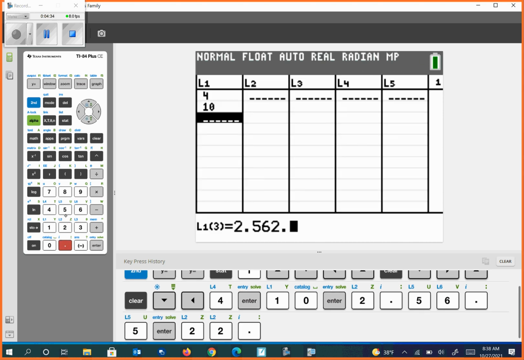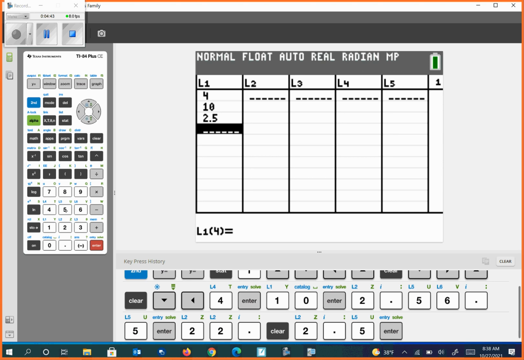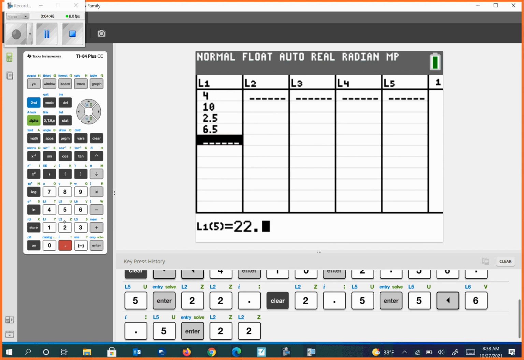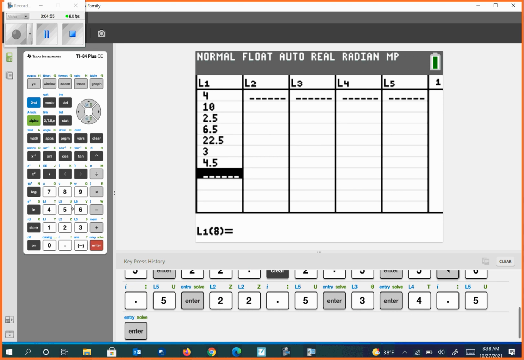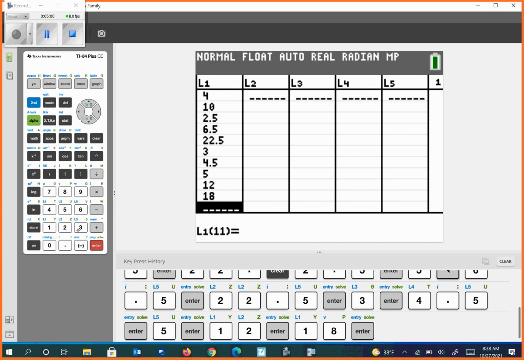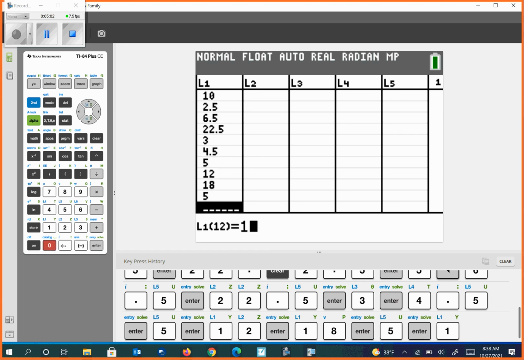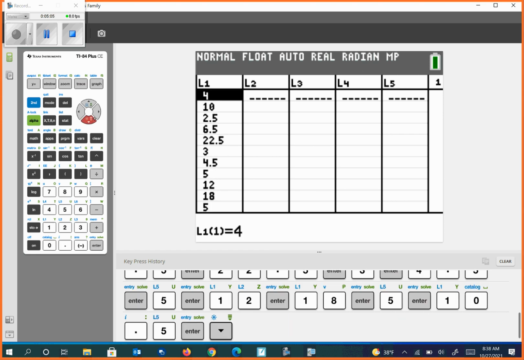Am I the only one up here? Oh, clear. 10, 2.5, 6.5, 3, 4.5, 5, 12, 18, 5, 5, 10.5. Okay, so in column 2, with 4, what is the